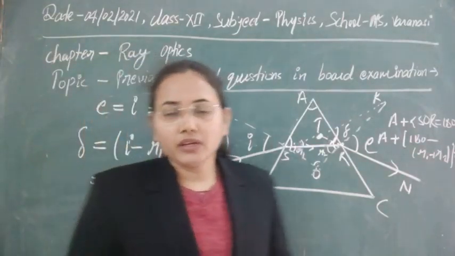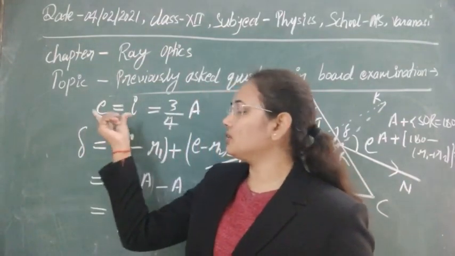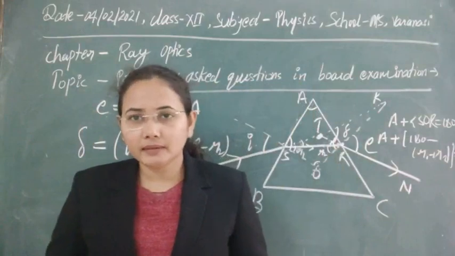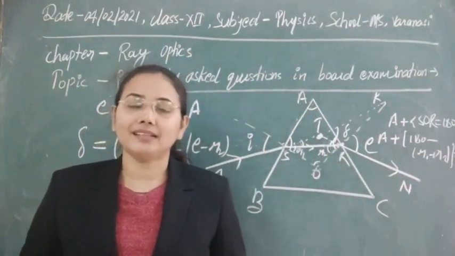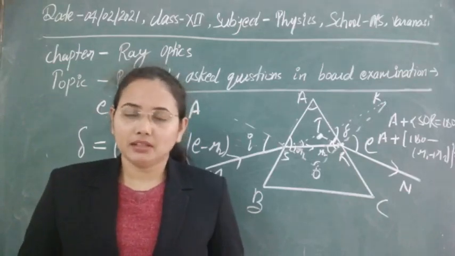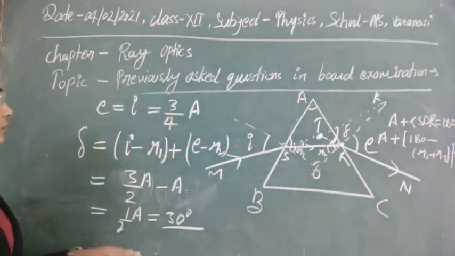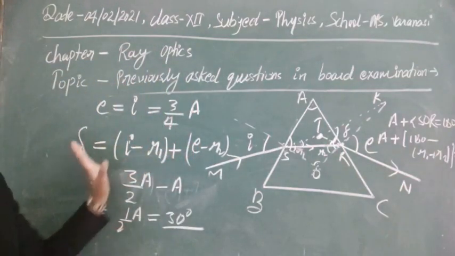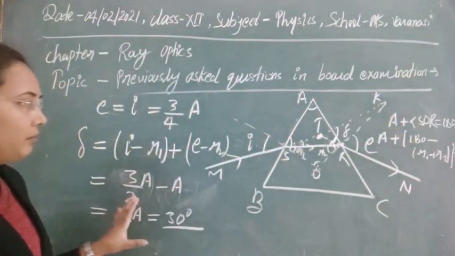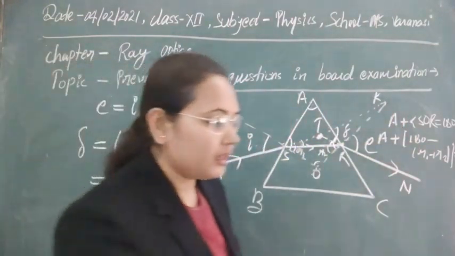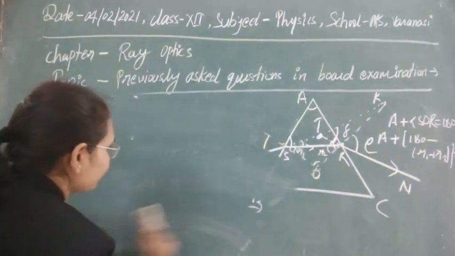If someone uses the concept that when I is equal to E, we get the minimum deviation condition, but still if you use that formula, you will face some problem with the sign. So that's why it is better to use this formula here. That's why I made you understand, so that you can see how we are getting the formula in this case. So next question, that is in the option it is given.